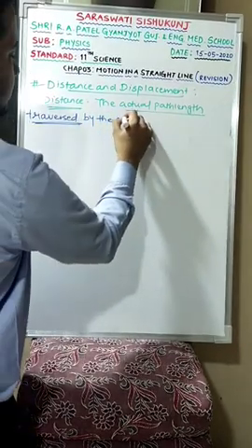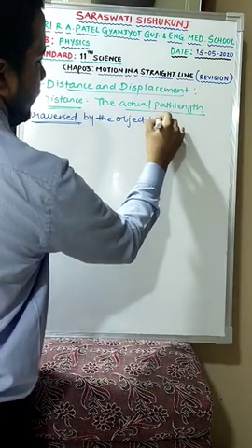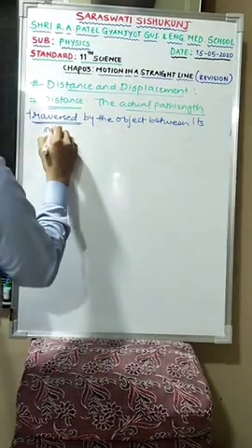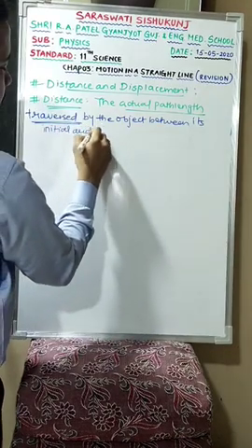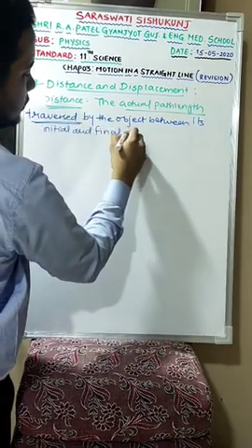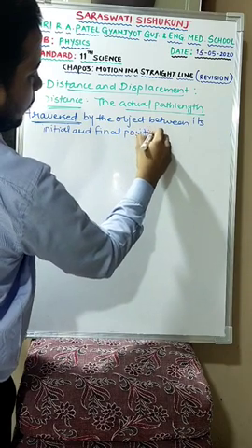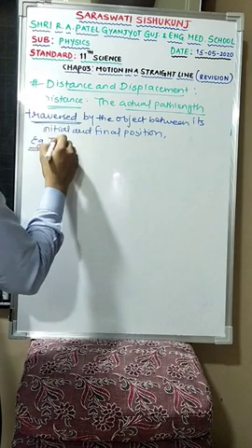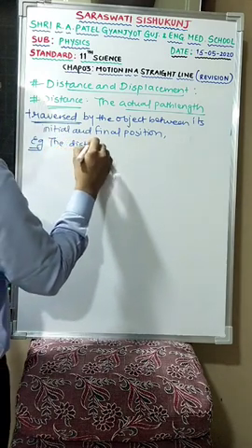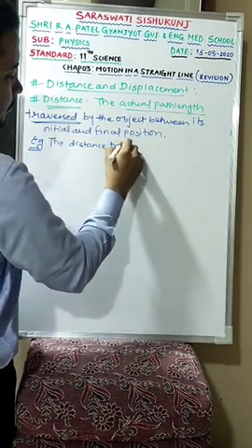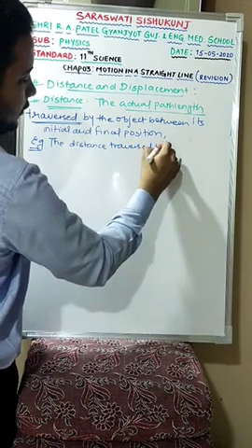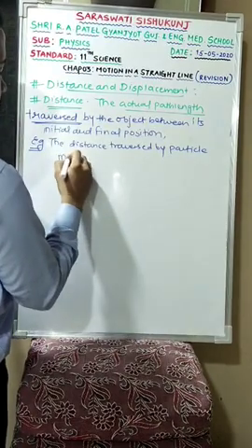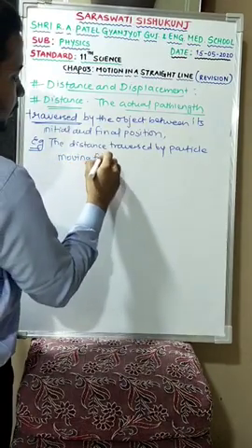by the object between its initial and final positions. Clear? I can take an example over here. The distance traversed by a particle moving from A to B